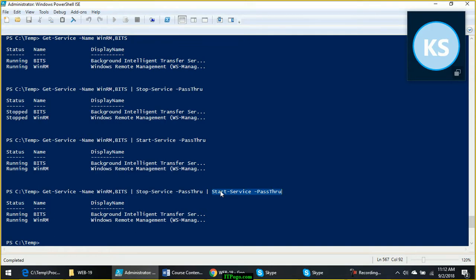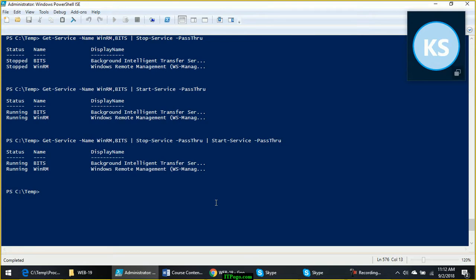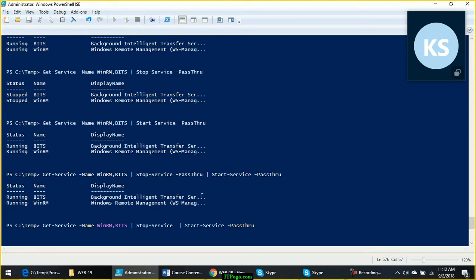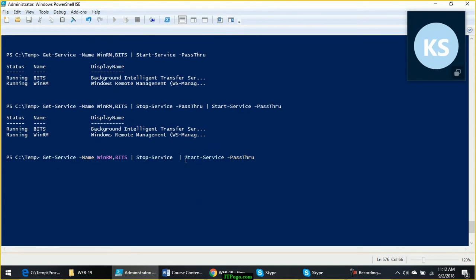No. Let me show you what happens when you don't give pass through. Pass through is allowing the output of this command to be given to the next command. If you don't allow the output of this command to flow in the pipeline and reach the next command, let us see what happens. You did not get any output because this command did not receive any input.